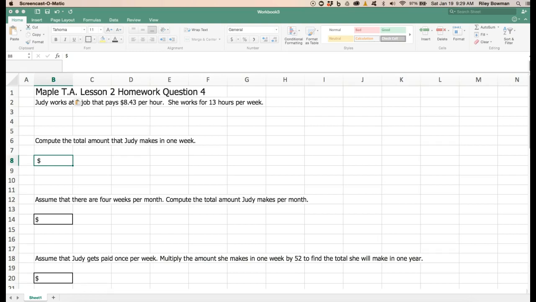To get Excel to work like a calculator, we click inside our cell and press equals. This tells Excel that it's going to calculate something for you. So we're going to type in $8.43 and then Shift 8 for multiplication, and then she works 13 hours. When I press enter, it calculates how much she gets paid